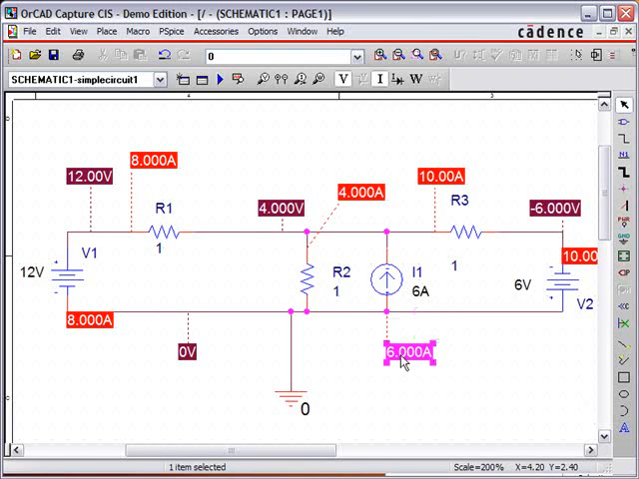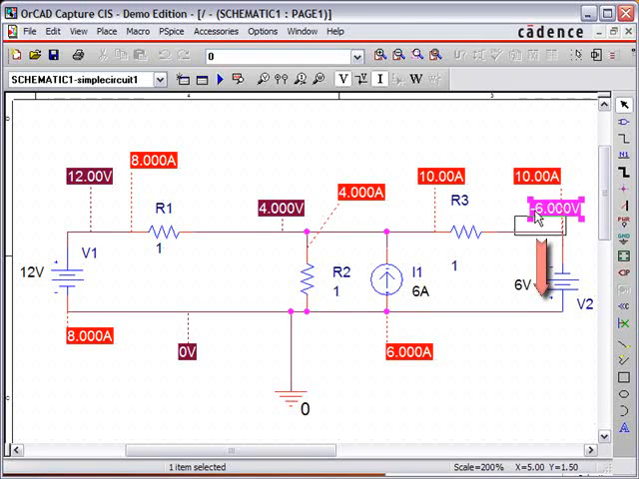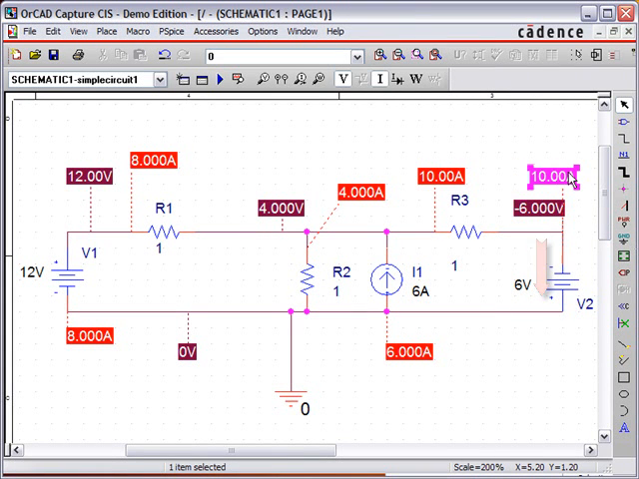Our 6 amps are going up, which is the same way we see our current source is put right here, and that's pretty much about currents. So 10 amps is going down because it's entering the top part of our voltage source. Okay, let's take a look at our